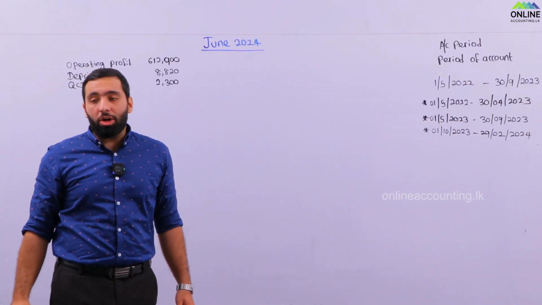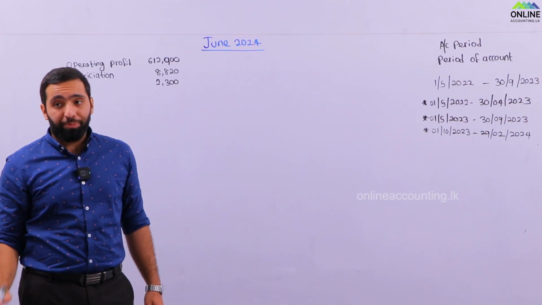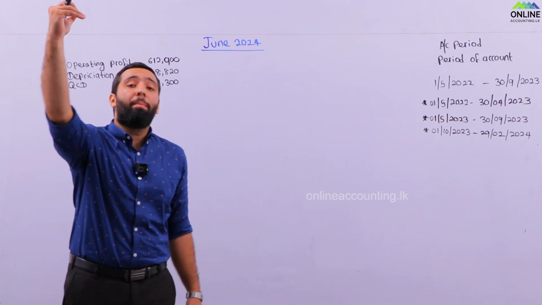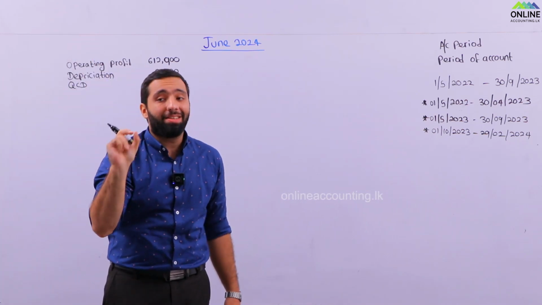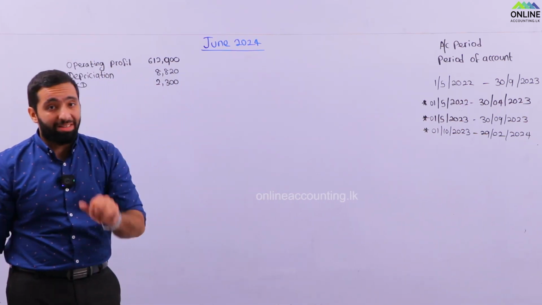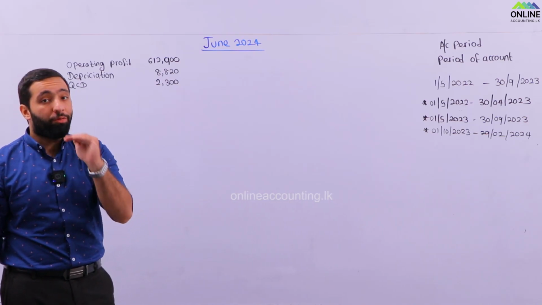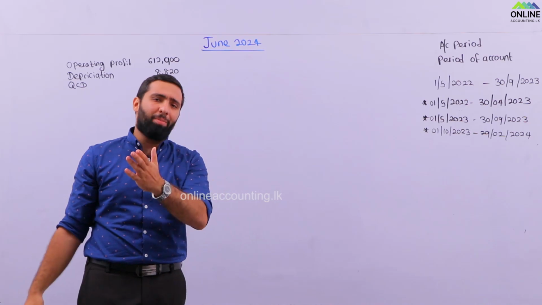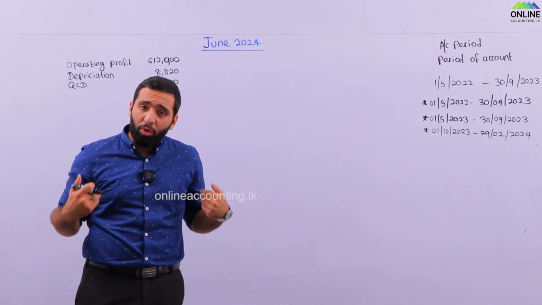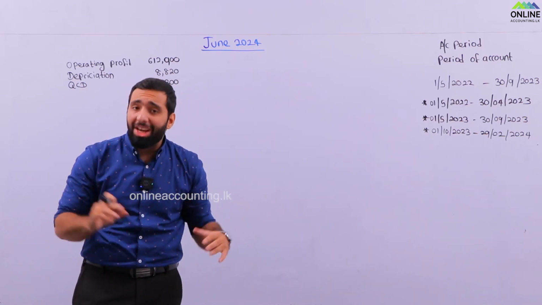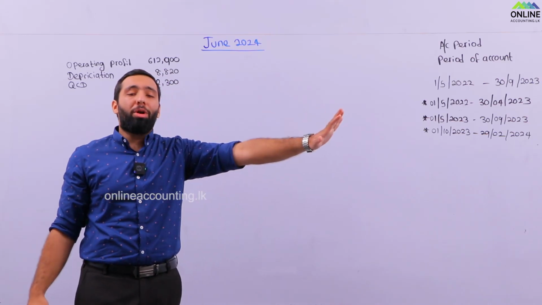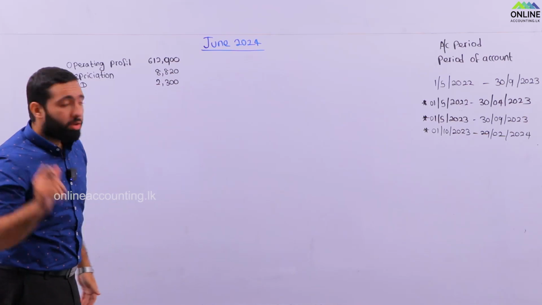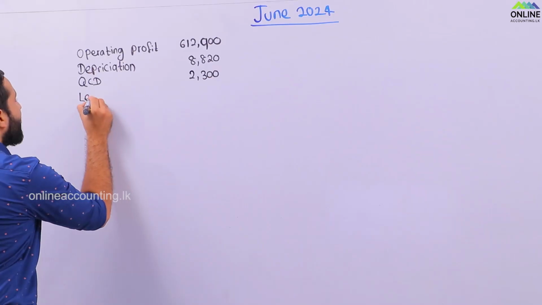Yes, leasing cost, 4,200. Why? That is because the carbon dioxide emissions is above 50 grams. How much is it? It is 124 grams. What is the rule? 15% of leasing is disallowed. Where have you learned this? Chapter 3, chapter 4. If you have watched my recordings, if you have purchased my course, you would be able to understand why we are reducing this 15%. Okay, so 4,200, the leasing cost,